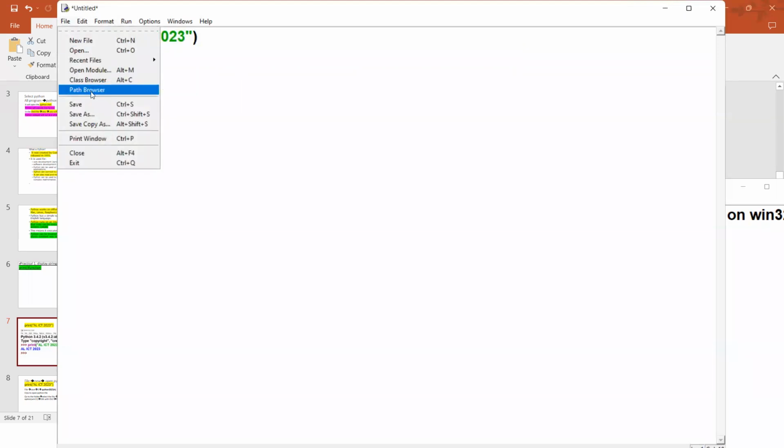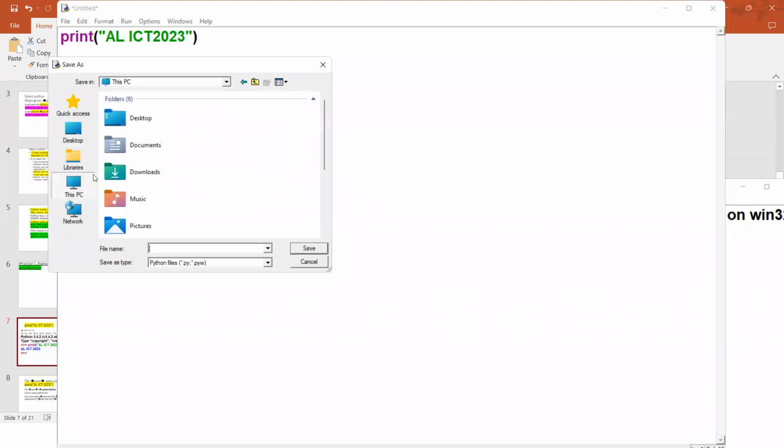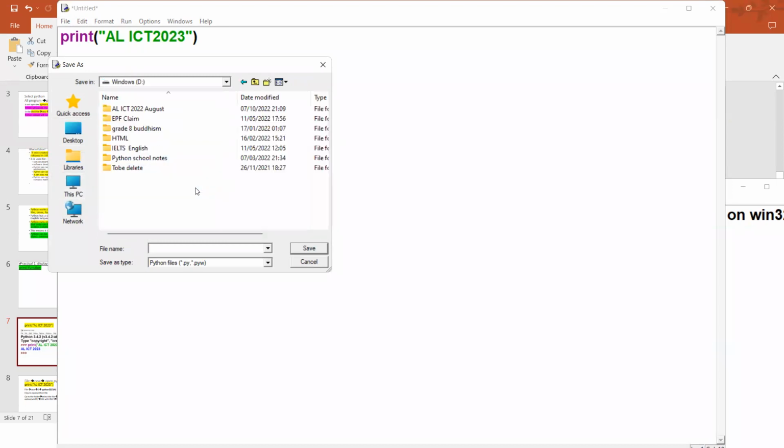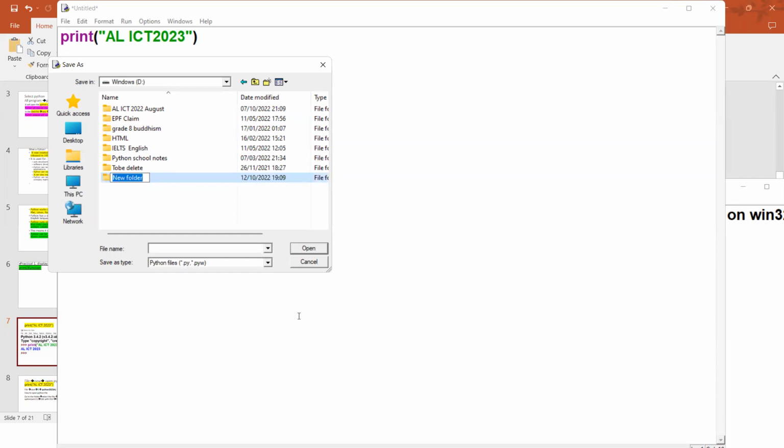Before running it, I should save it. You must save it in the D location. I'll go to D as I have done for you and make the folder. I gave Python 2023.